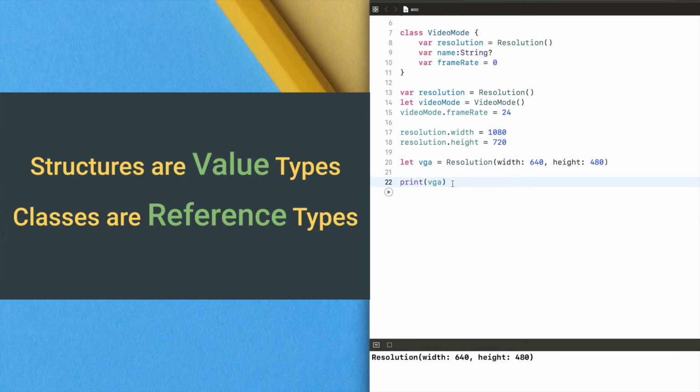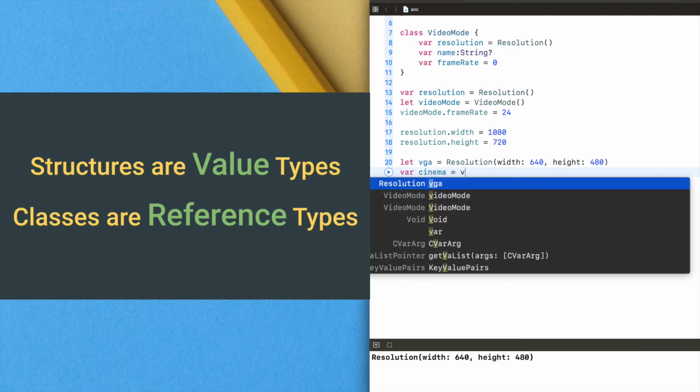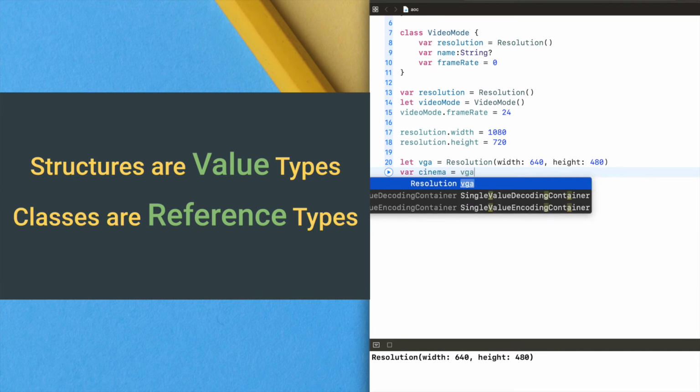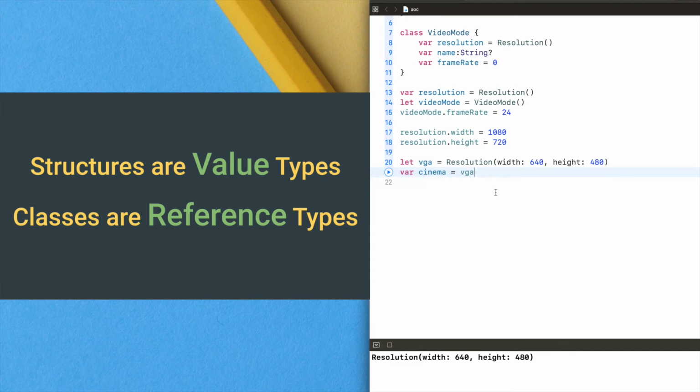The structure is a value type. A value type is a type whose value is copied when it is assigned to a variable or constant, or when it is passed to a function. In this VGA example, I am going to create another variable cinema, assigning the VGA structure here. Okay, then I am going to just print it.